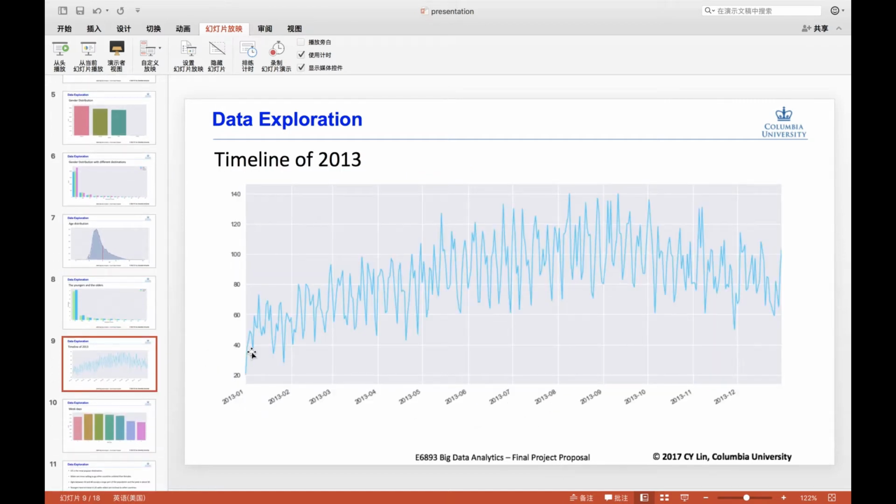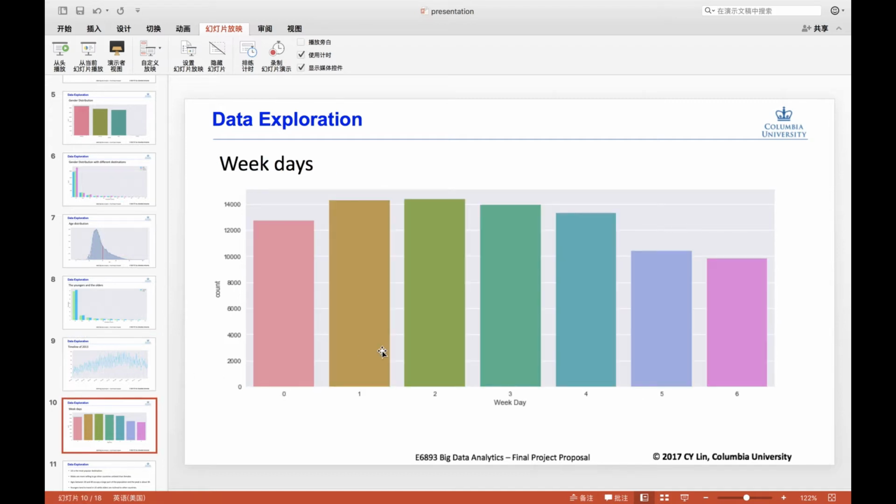For date first booking, we choose the data of 2013 as our object. The figure shows the everyday booking numbers in 2013, and there is a slow growth from January to September and a decline for the rest of the year. We also translate the date to weekdays to observe differences. The numbers 0 to 6 represent Monday to Sunday, and we found that people are less willing to book at weekends.